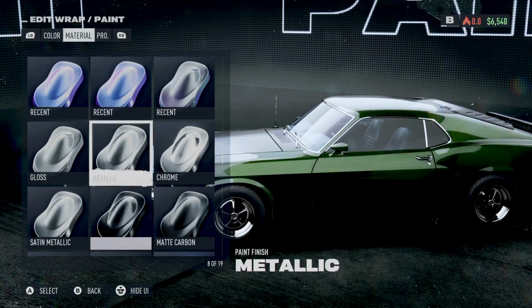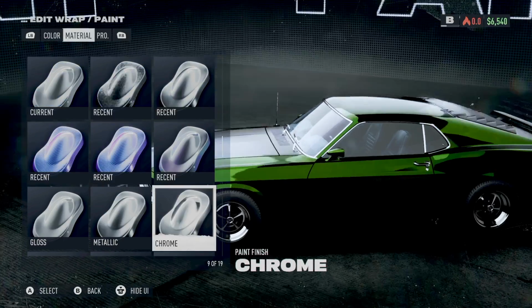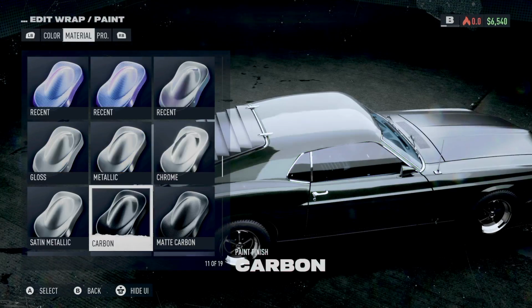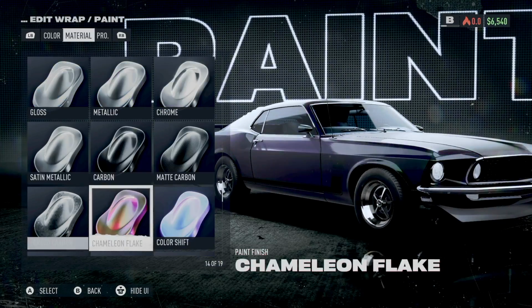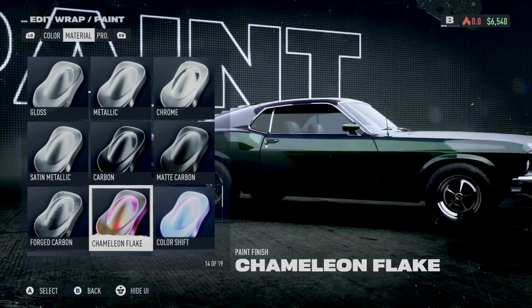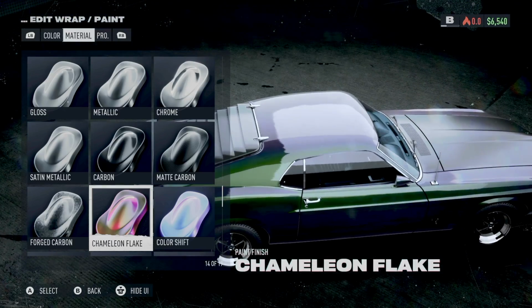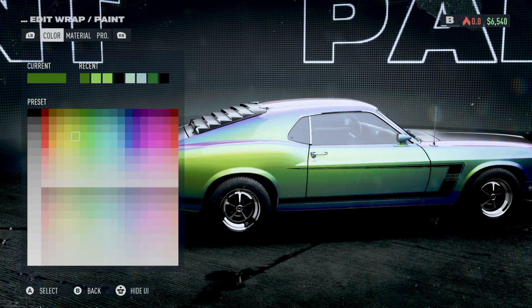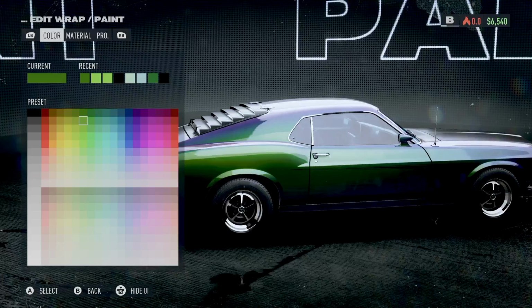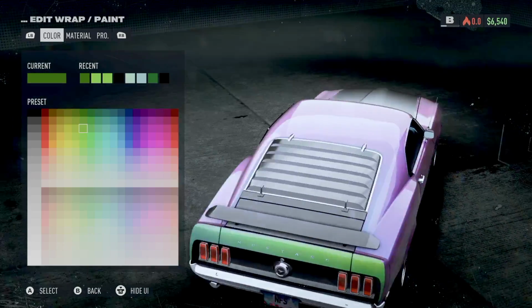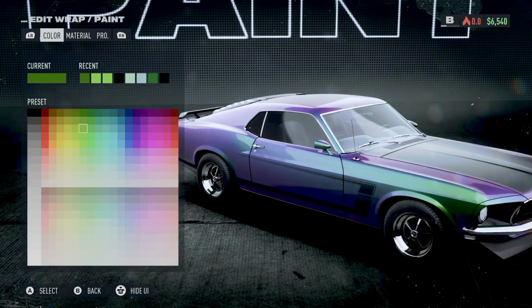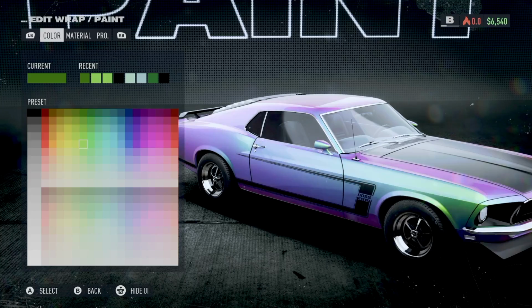Your other option, if you want, is you can go with any of these sort of more interesting chromified paints or metallic paints, that sort of stuff, or a carbon look. It's just up to you whether you want this sort of look here. So I'll go with the Chameleon Flake. That's the style, and then you can see that this sort of takes into account the colour that you pick with it as well, and it'll sort of move around. So you can see that's quite an interesting look that we've got there. So maybe I need a bit of a brighter colour,